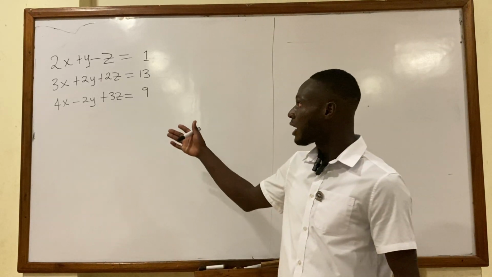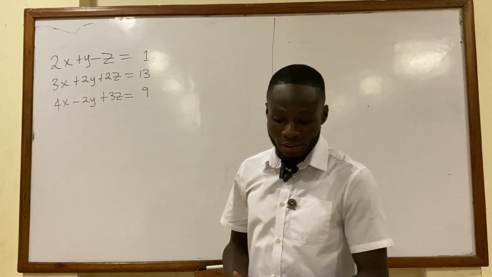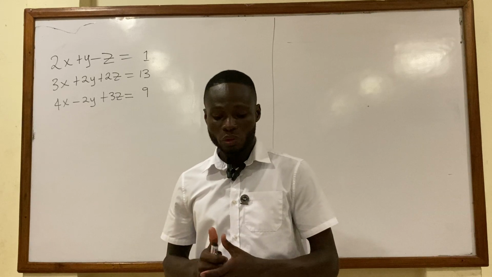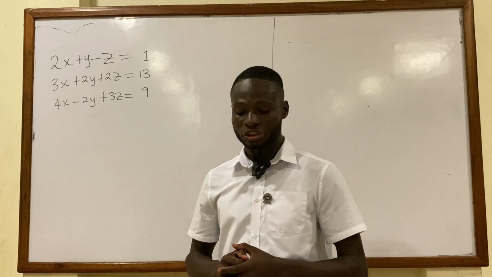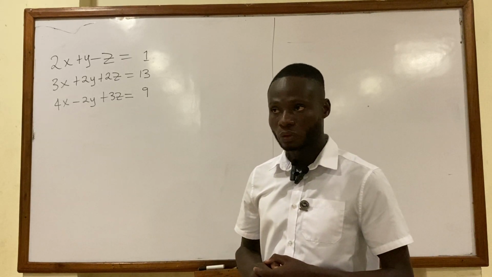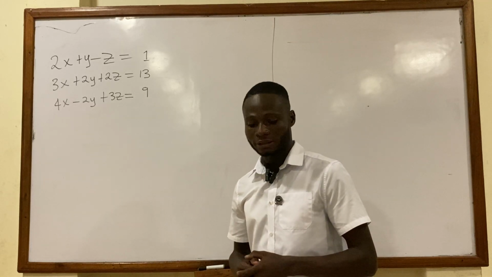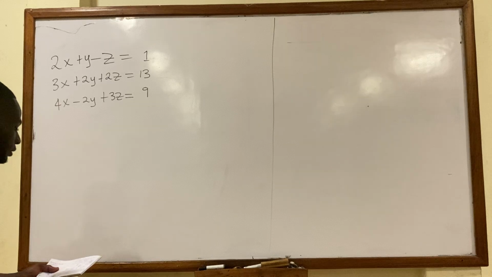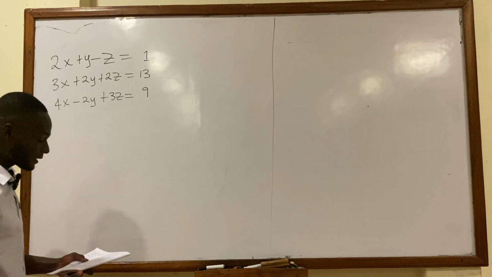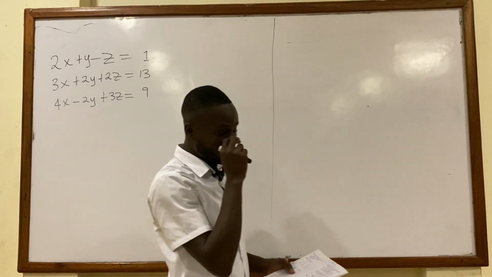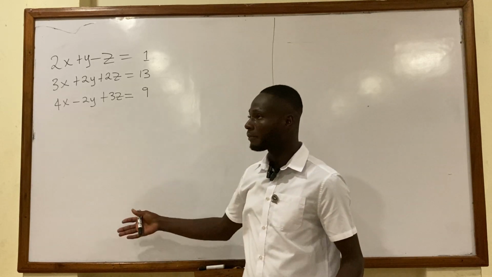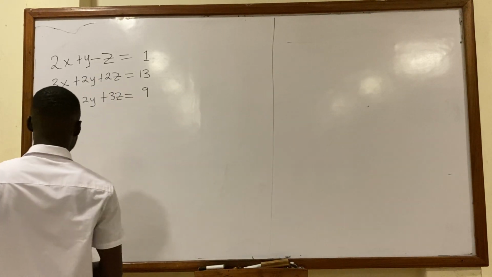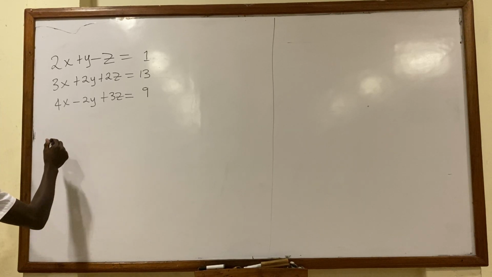Basically, we want to look at how to solve three-variable systems of equations using Cramer's rule. So let's look at this problem on the board. If you have such a problem, three variables, and you have to use Cramer's rule to find the variables, one, you have to know that this